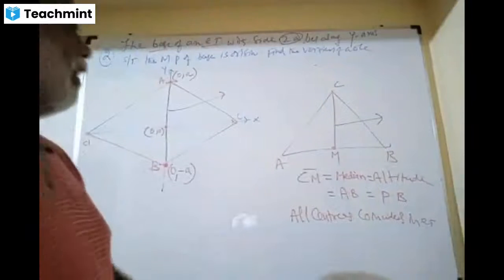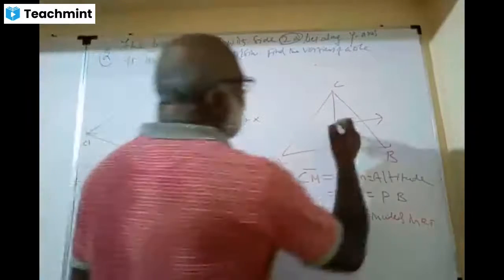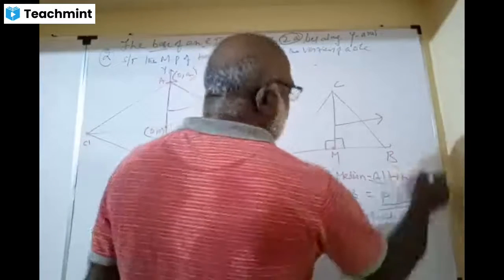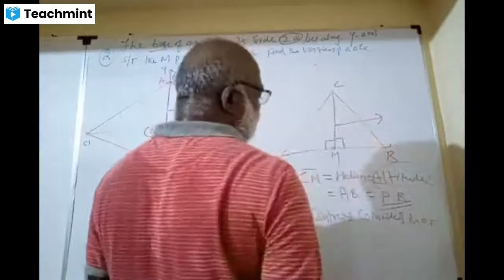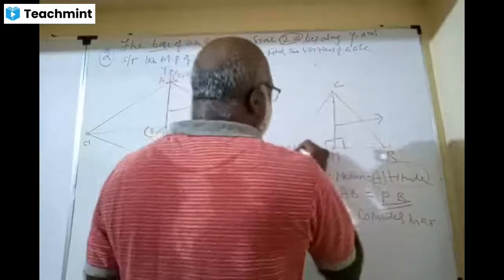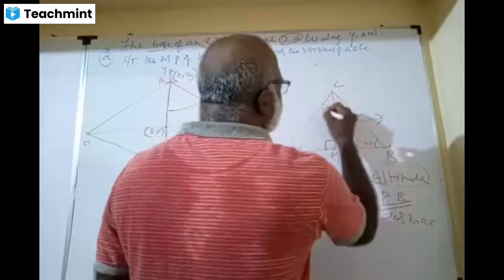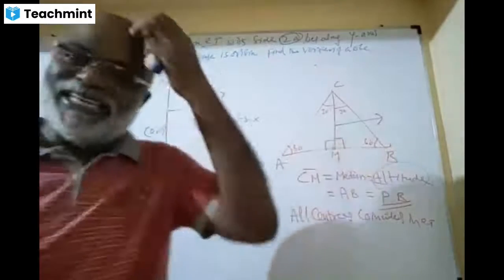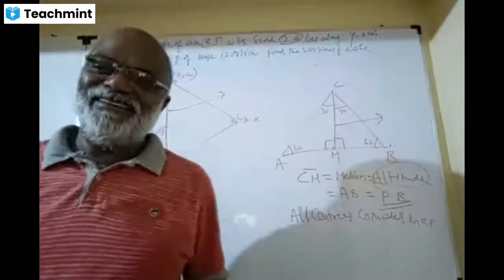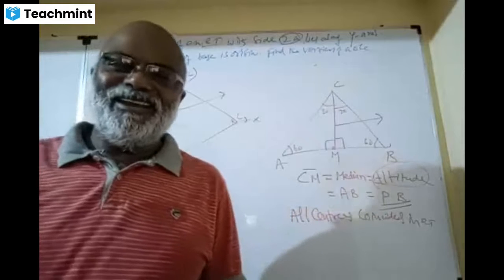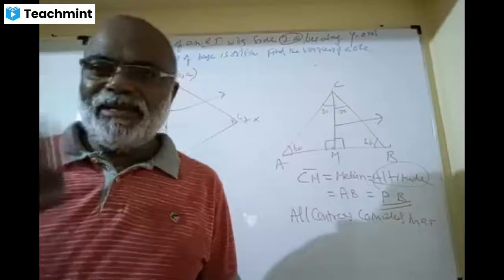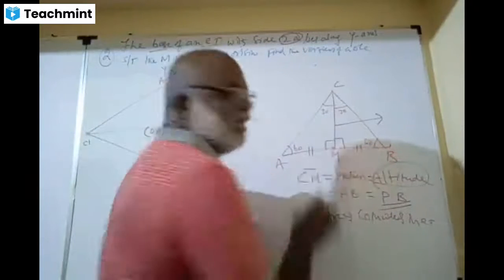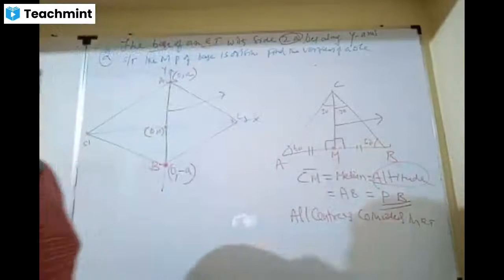This is called the median, and it is also the perpendicular bisector, at 90 degrees, so it is the altitude. It is also the angle bisector, splitting 60 degrees into 30 and 30. Are you all able to follow this? It's a median because the base is equally divided.